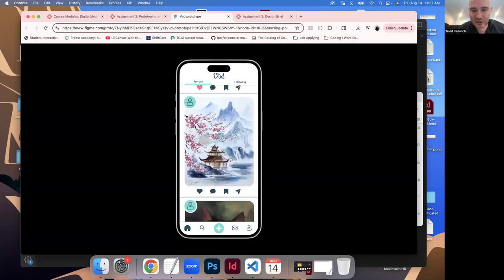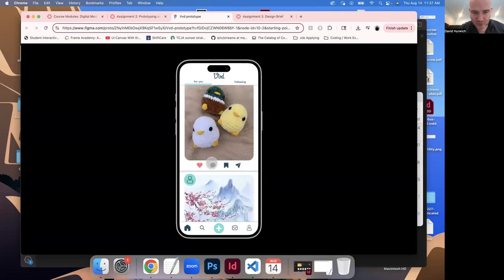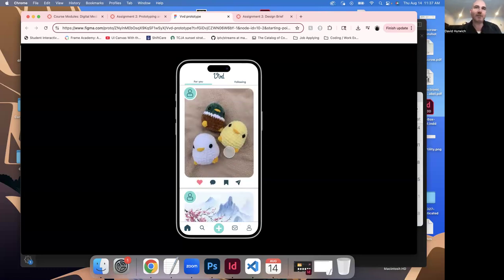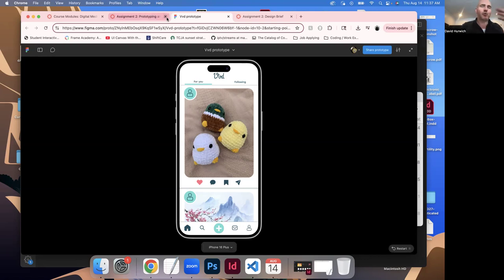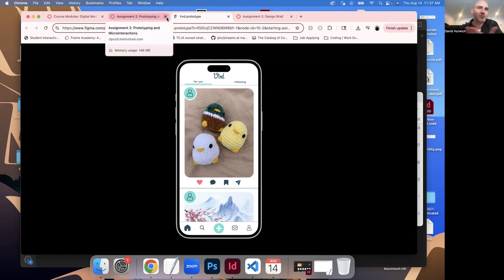And so you're looking through it and liking it and sending it. All of this is information that the student got. They did research. What would people want? How would people want to interact with this app? You can even load this prototype onto a smartphone and have people actually try it out. You can load it into the Figma app for your phone and try it out. So even though it's not a quote unquote real app, it works in the way that a real app would.